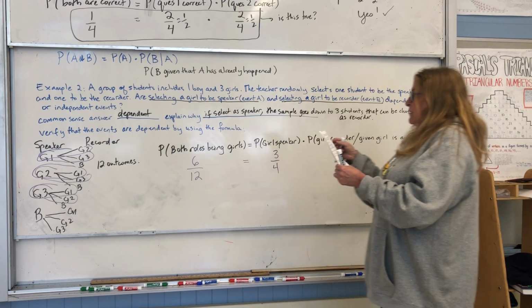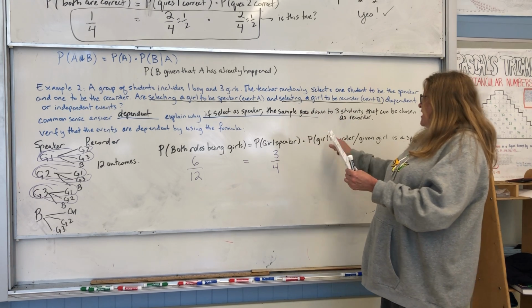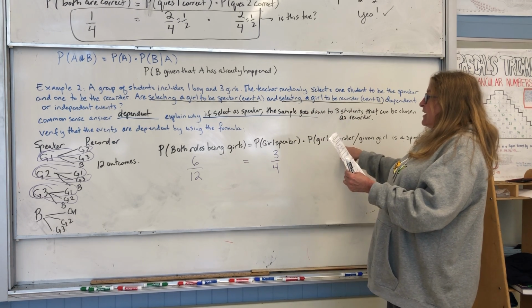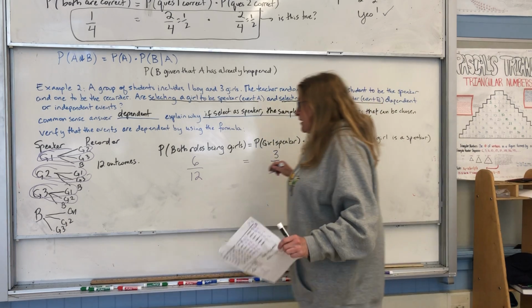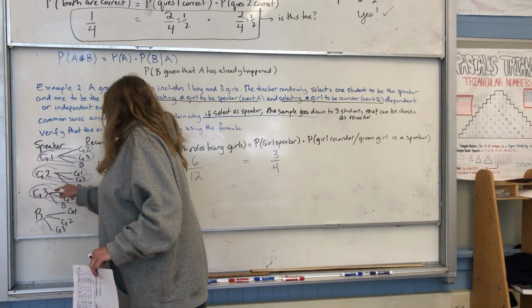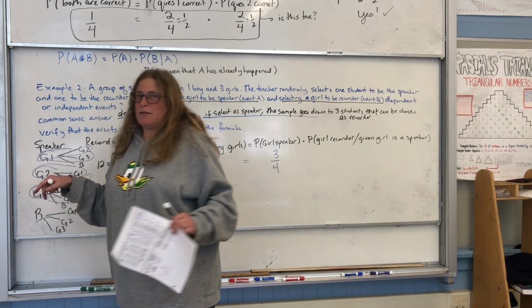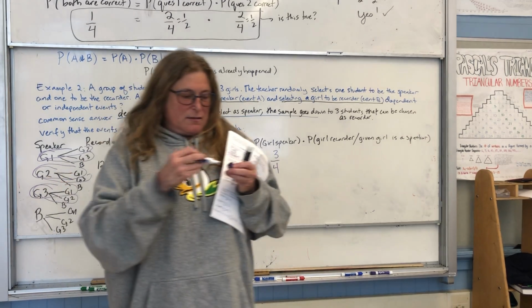Sorry. The probability that we choose a girl as a recorder, given that the girl's already a speaker, is wait. Now I'm all confused. Can you pause it? Can we